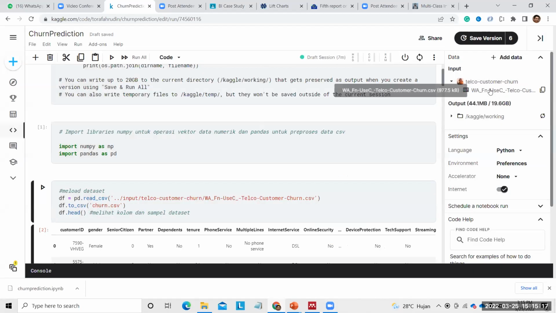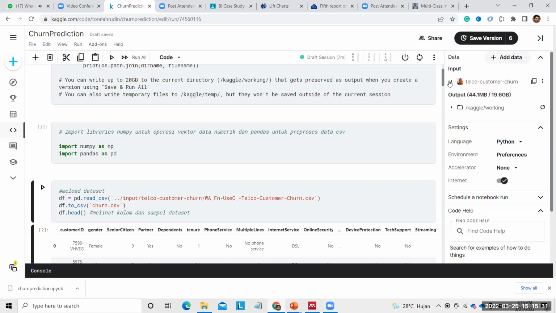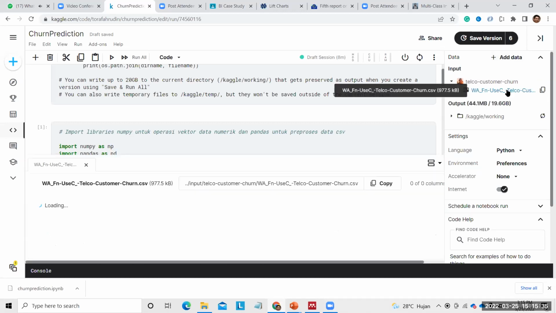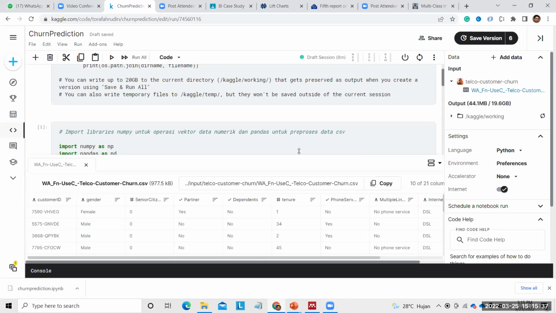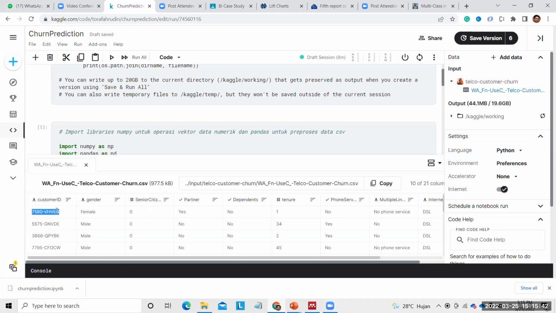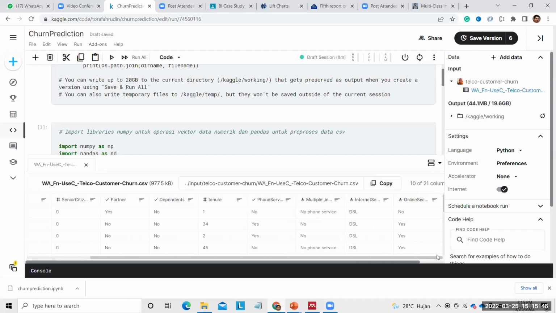We can add it here until the data is shown in this menu. This data can also be downloaded if you want. If you click the data, there is the customer ID, female, and so on. I think that's all for the data.